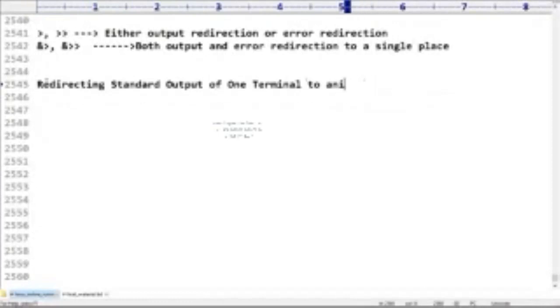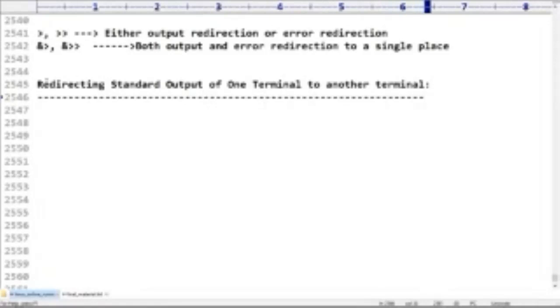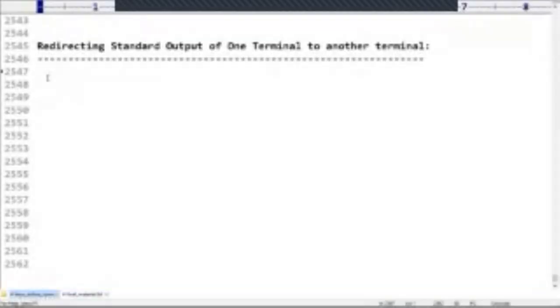Just now, in the last sessions I explained, but now you are going to get it much more clearly. Have a look once: redirecting standard output of one terminal to another terminal. How can we do that?